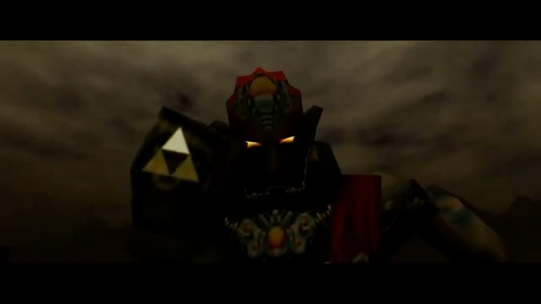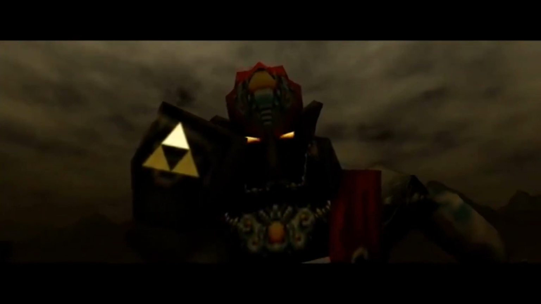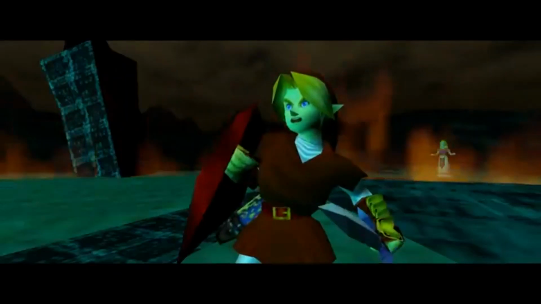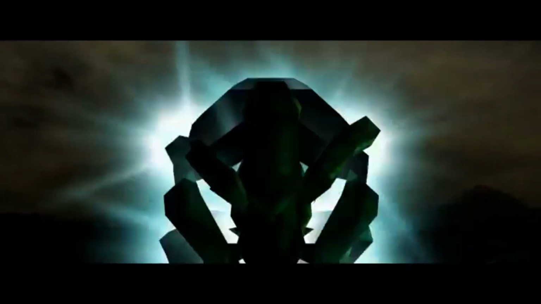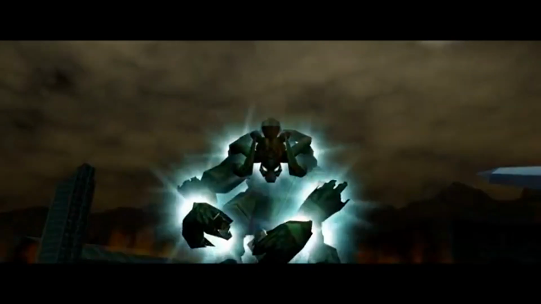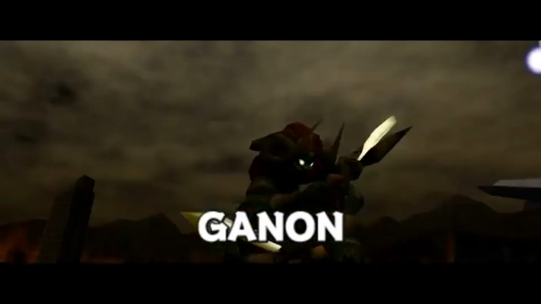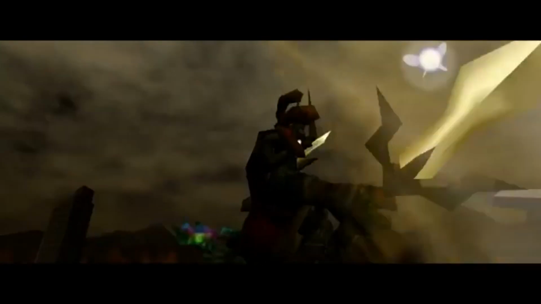The ultimate power that he craves, the ancient hatred and power that he holds within him, and all of these traits go hand in hand in molding and twisting him into something he's always destined to become in the end. The pure incarnation of evil, the great demon and prince of darkness, Ganon.